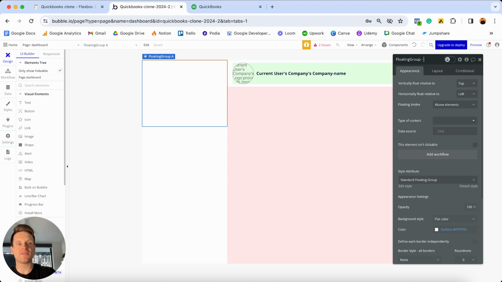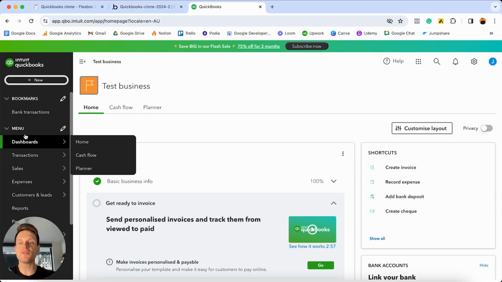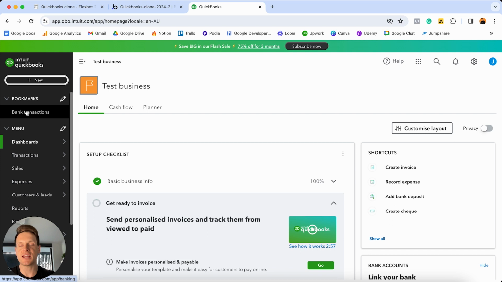I'm going to call this floating group left nav menu. And I can see I've got quite a bad typo there, so I'm going to fix that. But look, this is essentially the navigation menu that's going to be on the left-hand side of our page. So in order to navigate between all of the features of our QuickBooks clone today, we're going to need to